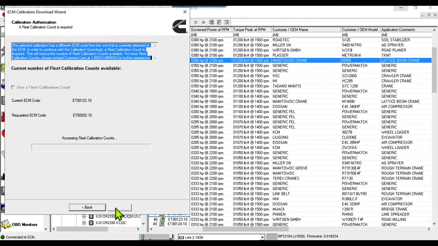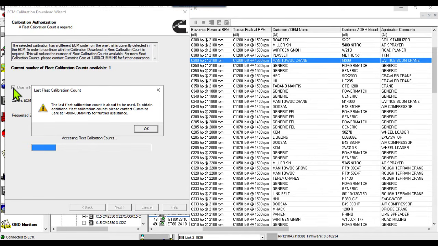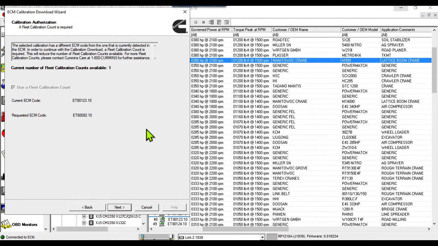We're going to click next. And this screen's different. You don't usually see this, but this is because I'm changing the calibration. INSITE is checking to see if I have a fleet count. If I don't, it'll tell me no and close the wizard. I have to tell it, yes, I want to use a fleet count. That is my telling Cummins that I am making this change and I'm responsible for it. This pop-up only comes up if you used your last fleetcal, so you remember to buy more for the next time you need one, which isn't really all that often. And you can see I'm changing the code from ET80123 to